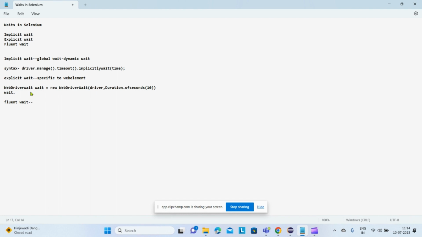Fluent wait is the same as explicit wait, but here we can give the polling frequency. Let's say in explicit wait, if I give 30 seconds as the wait, then by default the polling frequency is 50 to 250 milliseconds. But in fluent wait, we can give a polling frequency of 2 seconds or 5 seconds based on